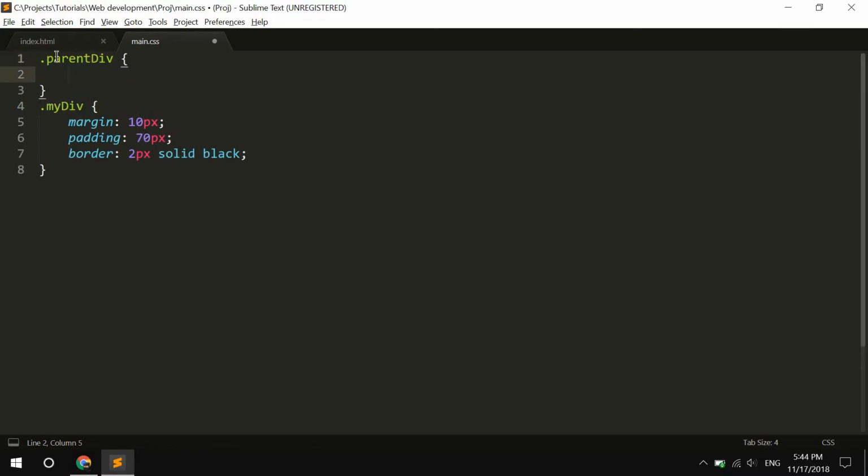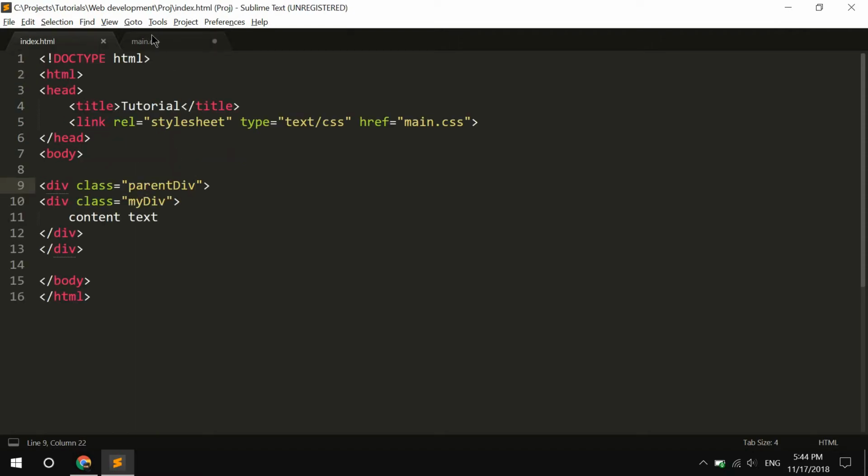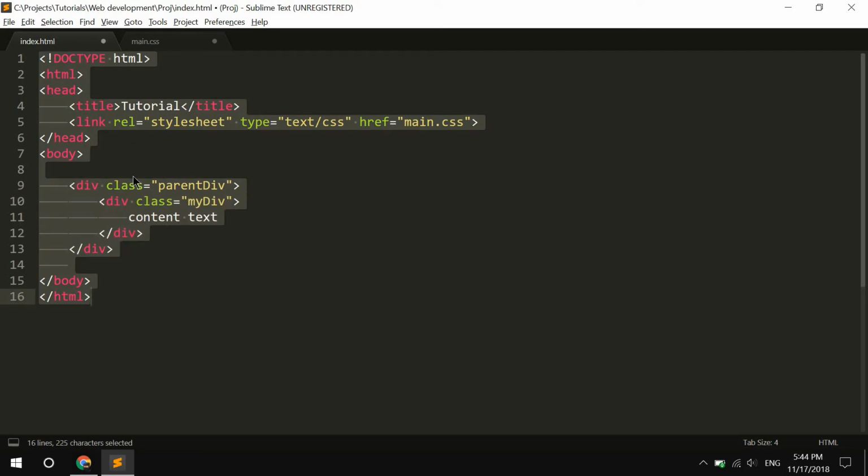So here we are using the same concept. We are just putting the CSS class name, which we mentioned over here. So actually, I believe we can select everything and indent. And if you don't know how I did it, please watch my previous episodes. I talked about how you can install a plugin for auto indentation and then auto indent all your HTML code with just a simple shortcut. And if you don't remember it, but you installed the plugin, the shortcut is Ctrl plus Alt plus I. Okay, so here we have a parent div, and in our parent div we have a div with a class